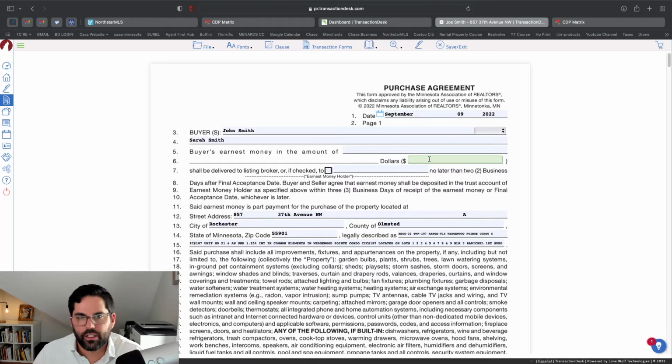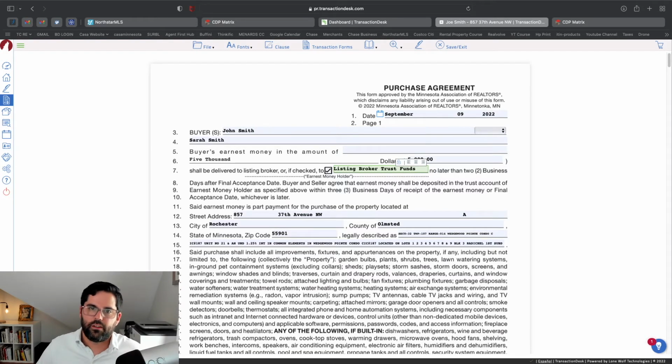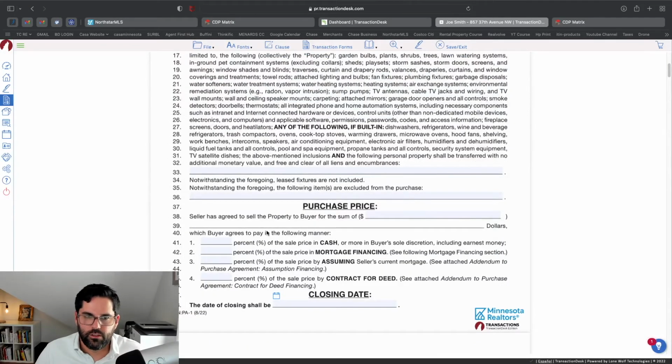And then here it asks you for earnest money. You put that here. So let's say you're doing $5,000 for earnest money. If you want the earnest money to go through trust funds, then you have to specify that here. You would put something like listing agent or listing broker trust funds. If you're not sure what trust funds is, ask your broker and see if it's offered. But it's basically a way for you to do the earnest money digitally or electronically instead of having to write a check. Here's the address that gets pulled from the listing, the legal description here, and then the rest you'll